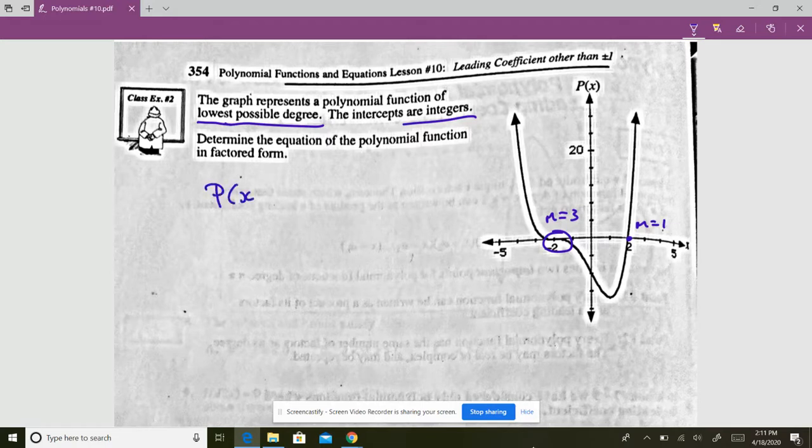Determine the equation of the polynomial in factored form. So we write it in factored form. Put in c for our leading coefficient. So this -2, that is x plus 2 as a factor with a multiplicity of 3. And the 2 here is just x minus 2. I'll put it in, but you don't have to. Multiplicity of 1. So now we need an xy point that it travels through. They don't tell us anything. But if you look at the graph,